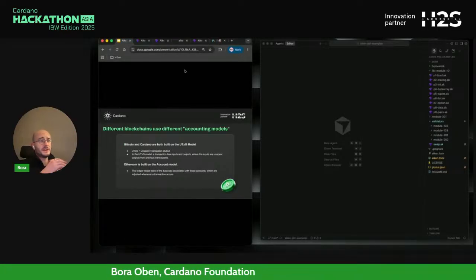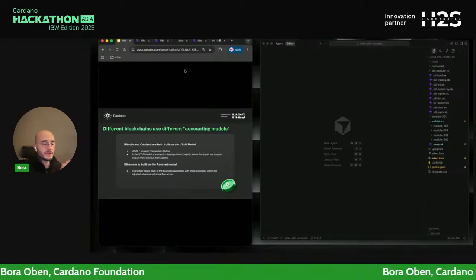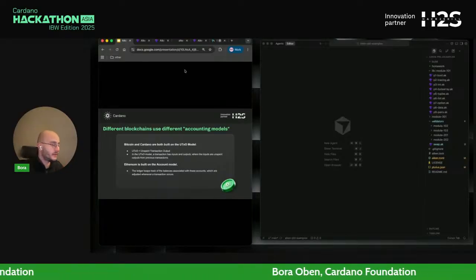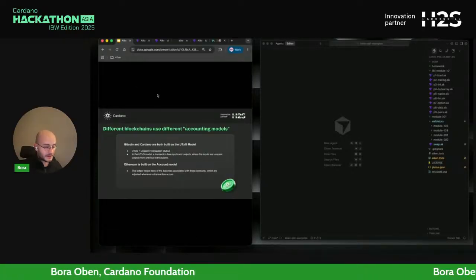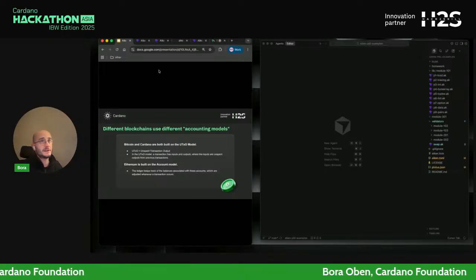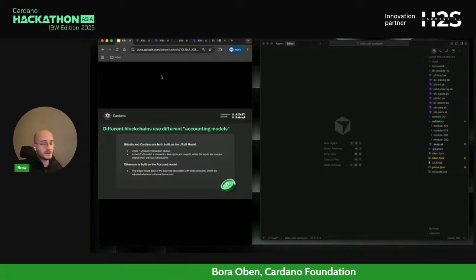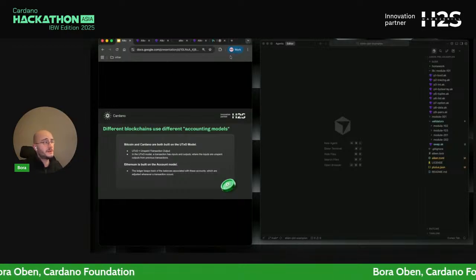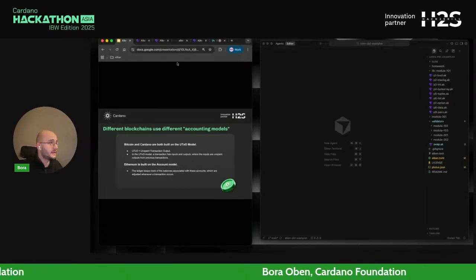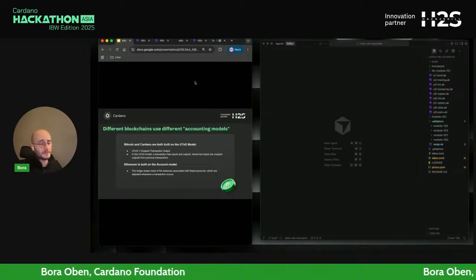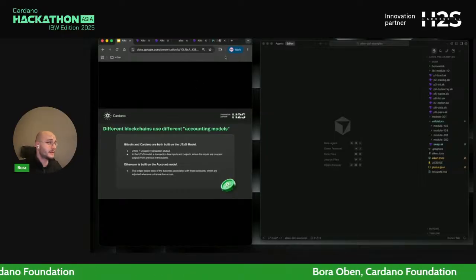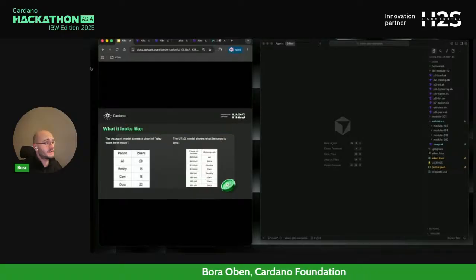So before we dive deep into anything, we have to first get our heads around the concept of UTXOs. I believe you already had workshops in this domain and you might be up to speed, but essentially UTXOs are what sets Cardano apart from many of the other blockchains. It's a way of accounting that is represented in the Cardano ledger, which is originally known from Bitcoin. And Cardano builds upon the idea of UTXOs and extends them. That's why we call them EUTXOs in Cardano. These extensions you will see, and I'll be talking about them a bit more.